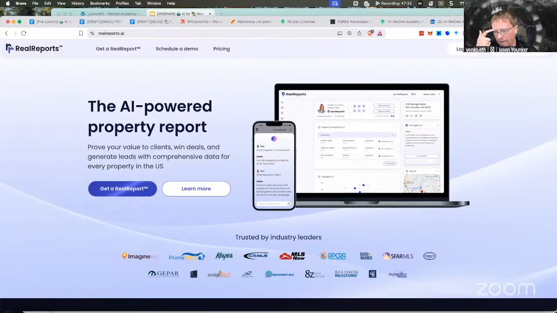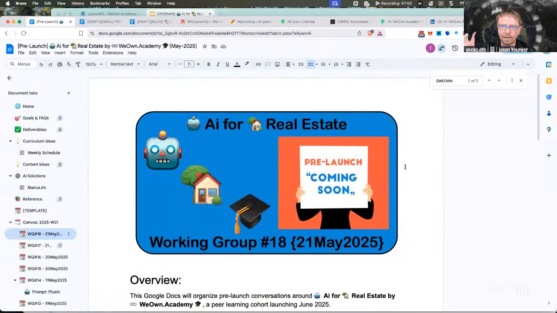And hit me up if you've got a project around AI for real estate that we should feature in here. But realreports.ai is definitely one, because one of the underlying goals with our ecosystem is transitioning a real estate asset to a tokenized real estate asset, and we're absolutely going to be using AI to find the properties that we want to put in a portfolio.